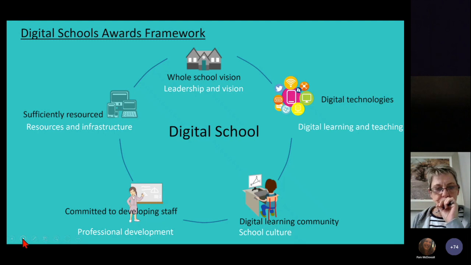Another area that I just wanted to also speak to you about, and that is the Cluster Award. So these are the 5 areas in the criteria of the Digital Schools Award for Scotland, but it's not something that you have to do on your own. And this is really, really important. I had a secondary colleague who presented at the Scottish Learning Festival recently, and he spoke about how they achieved the Cluster Award. But it wasn't the secondary that was leading on that award.